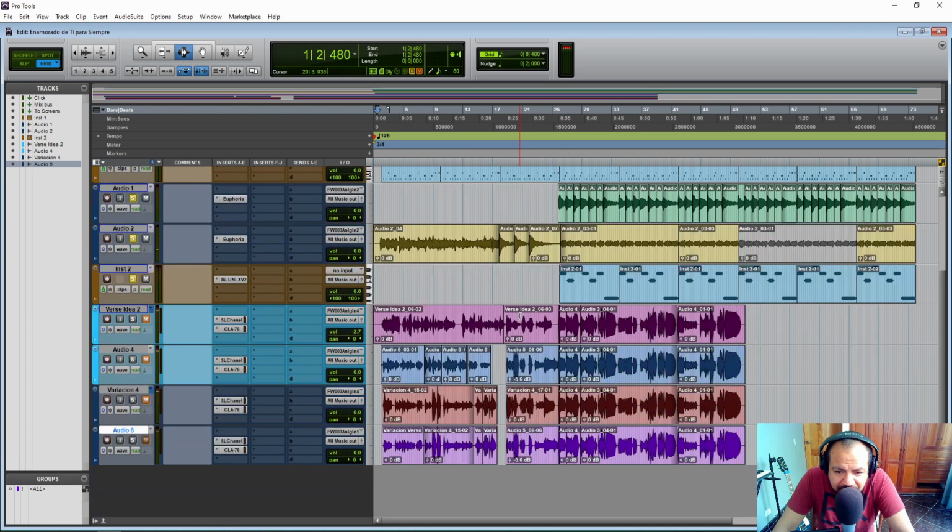Okay, and then the next part, I think, is the most important part of this process of figuring out the verse, and it was also a lot of fun. This is the tip that I hope is going to help you make better songs. The way it usually works for me is I start from an idea in a voice memo. This time I only had the chorus, so I had to figure out the verse.